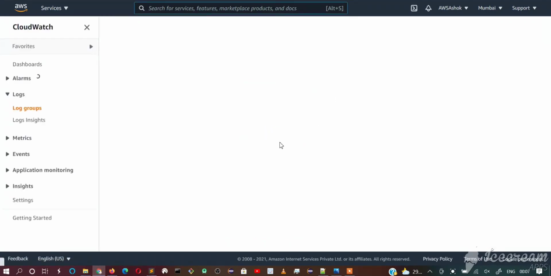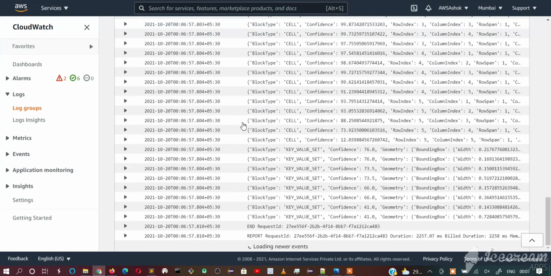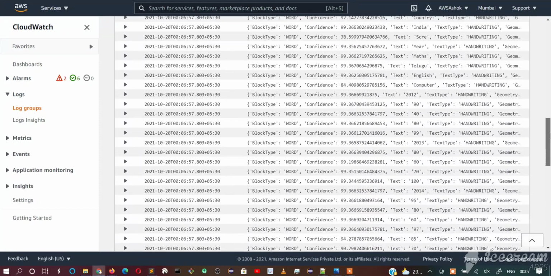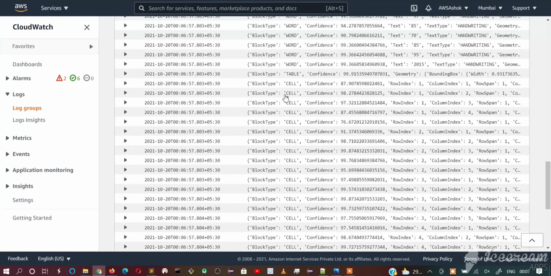Refresh the page to get the latest logs on top, click here and see whether we have the table block type. Here you can see we have block type table also. We have block type cell also. Inside a table there will be cells, and that is treated as block type cell.